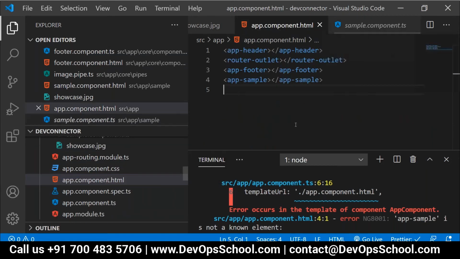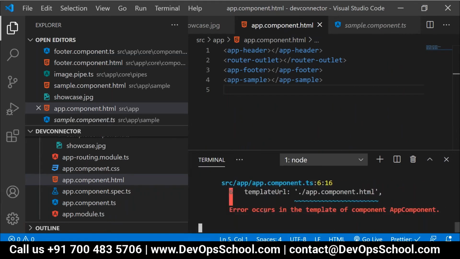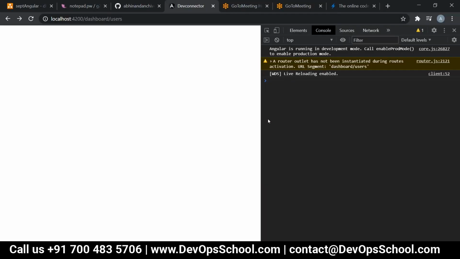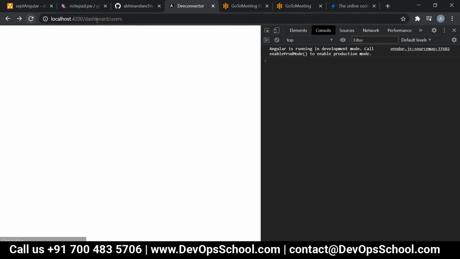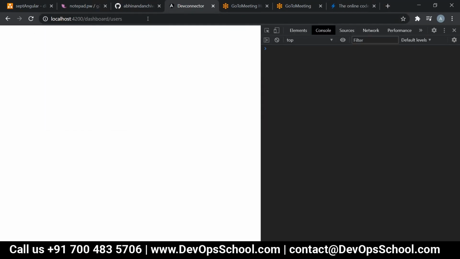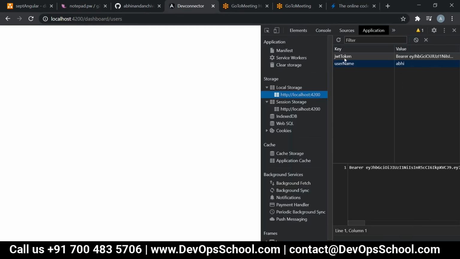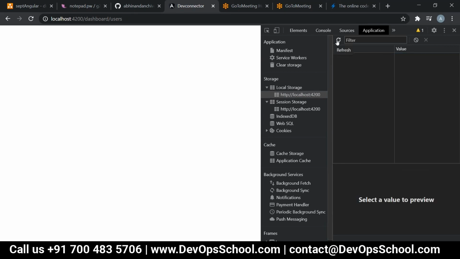App sample only. Why is it not rendering the image? What's wrong with this? Okay, just a second.